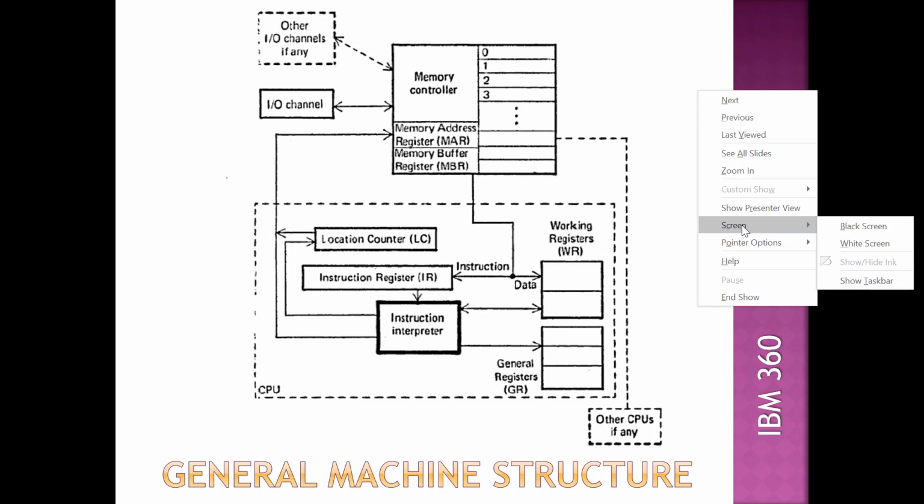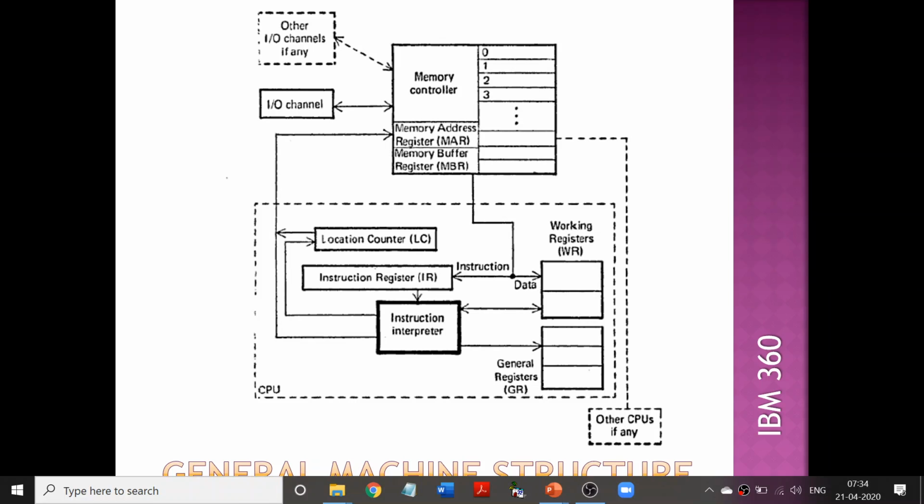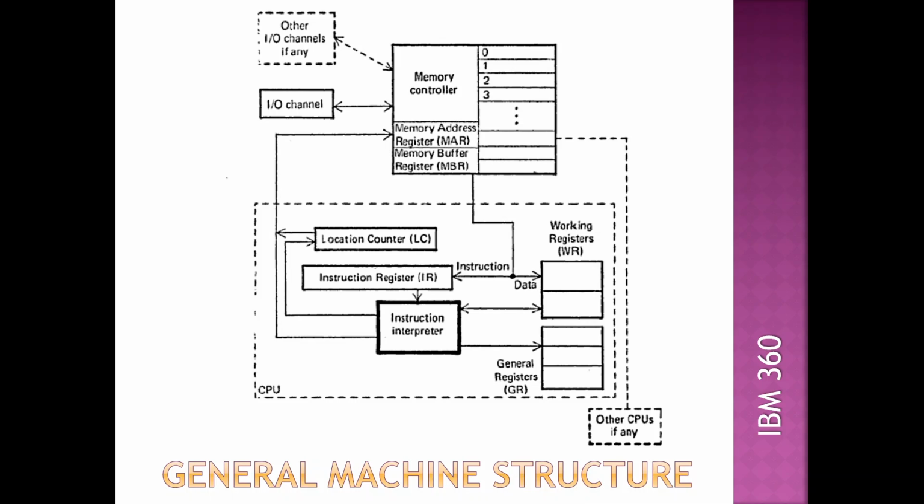Okay, so the next thing you should know here is the instruction register. What do you mean by instruction register? Instruction register is a register which is going to store the instruction. Say the address of the instruction is, let us say, 2000. Let us take an example from the microprocessor because you are more familiar with that. Let us say there is a load instruction at location 2000. LC will be pointing to 2000. The value of the location counter will be 2000, and the current instruction itself, which is the load instruction, will be stored inside the instruction register. So the instruction register stores the instruction.